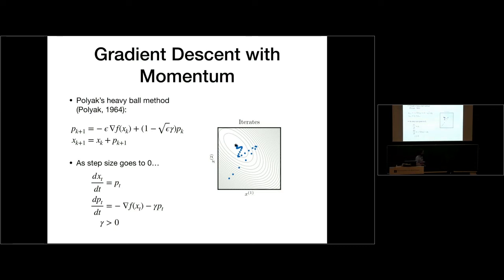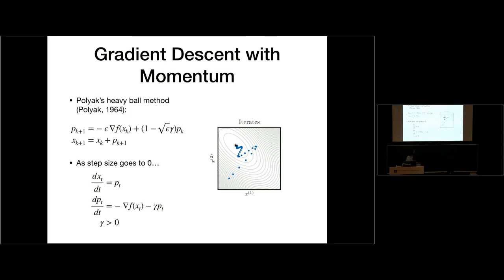The basic idea here is that imagine you're in a long, narrow valley. You might end up with a gradient, and you're jumping between each side, and the gradient is pointing back to the other side. What you really want to do is capture the concept that there is a persistent gradient in one direction, despite in another direction the gradient changing quickly. And so the idea behind this method is to add a persistence of motion in the dynamics.